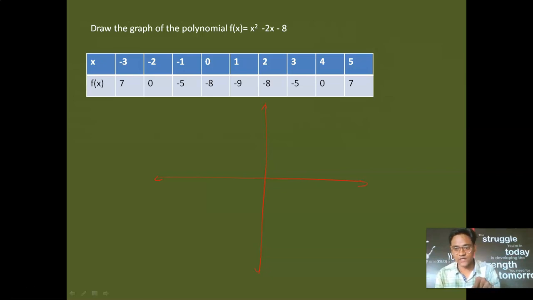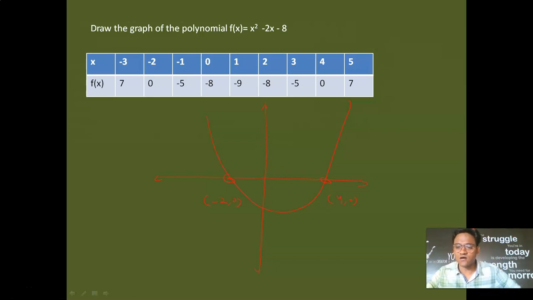Draw a Cartesian plane in your graph paper, and then try to join the points and just check. The curve you will be getting is the open parabola. You will be getting this kind of curve, and these 2 points are going to be -2, 0, and 4, 0. So it's your work, you will be completing this.